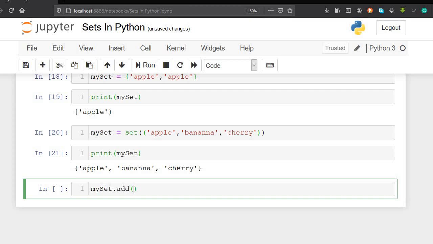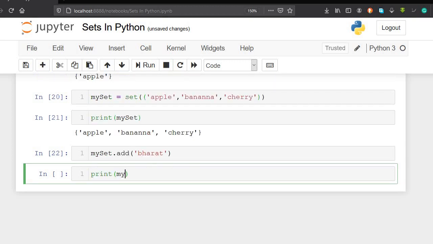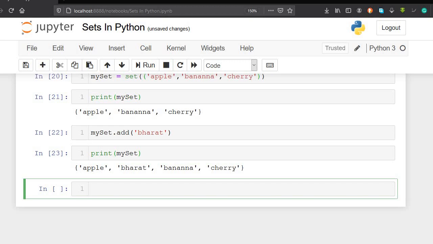Add is the method name and in these round brackets we have to give the argument, the element we want to add. Like if I want to add Bharat, print my set. See, Bharat is also added in this set.